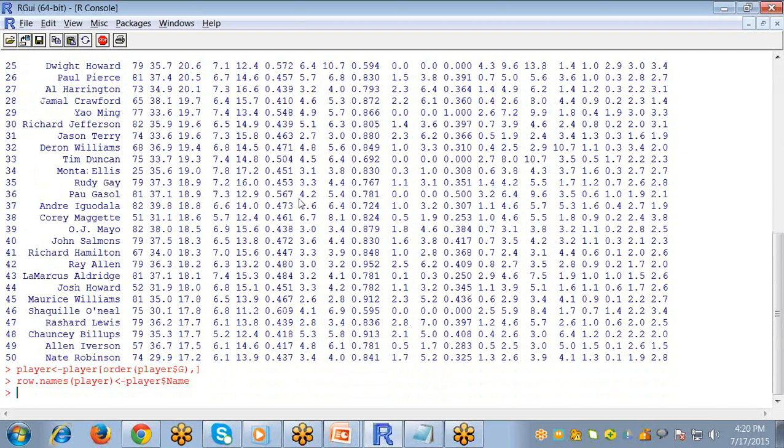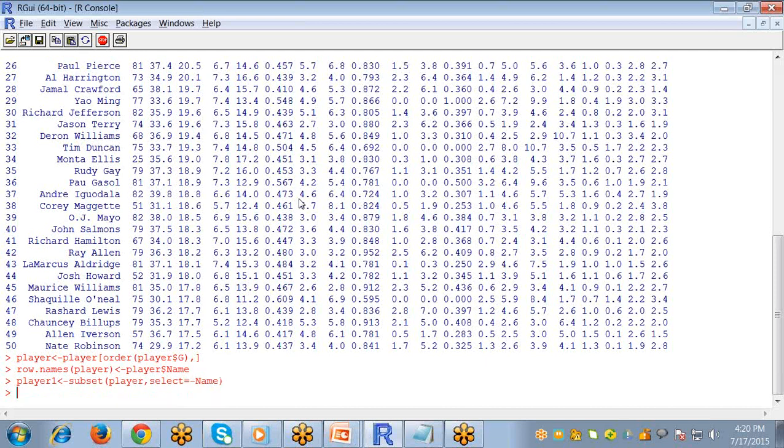Now that we have used the player name to name the rows, we can get rid of it from our data set. We can remove it from our data set and create another variable for that purpose. So this will be removed. And now create the data matrix. When we imported the data, it was imported as a data frame. So in order to use the built-in heat map function, we need to convert our data frame into a data matrix. So I create a variable player matrix, and